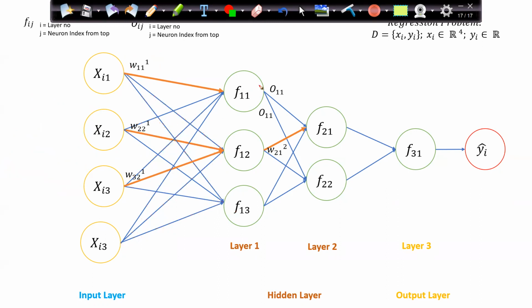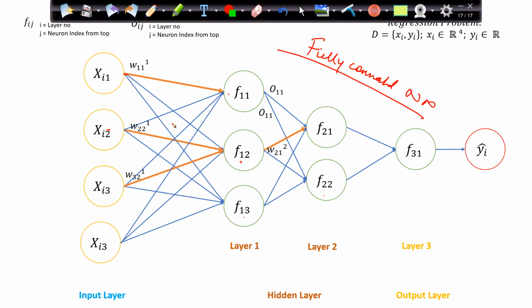And here you can see that I have all the chains connected. This is connected to all the 3 neurons, this connected to all the 3 neurons, this connected to all the 3 neurons, and this connected to all the 3 neurons. This neuron is connected to all the 2 neurons, this connected to all the 2 neurons, this connected to all the 2 neurons, and this connected to the output. Or basically I will get the output. So this type of network is known as a fully connected neural network. That is the whole idea.